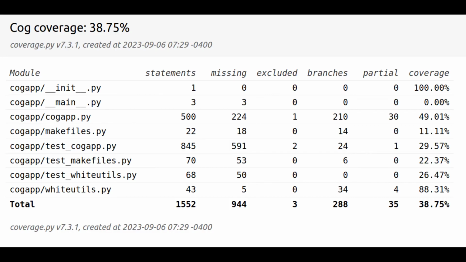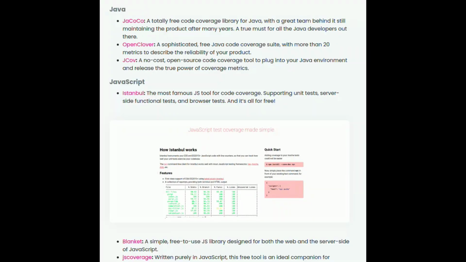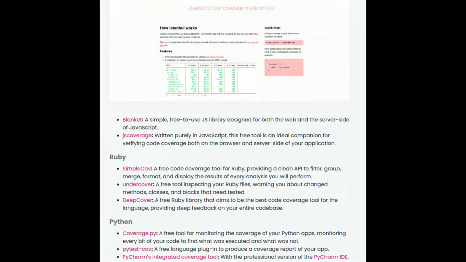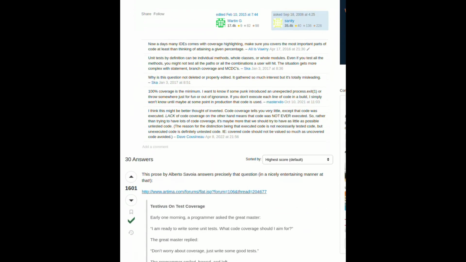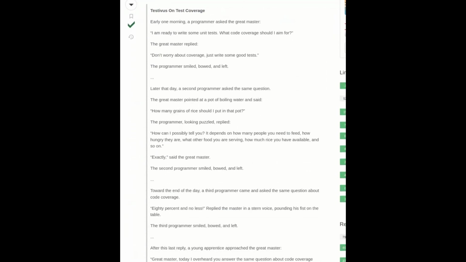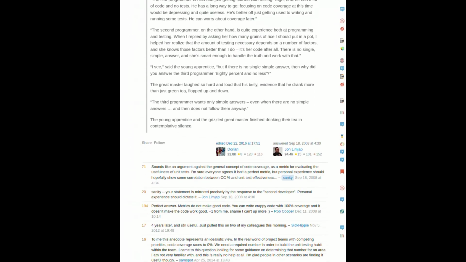A code coverage tool analyzes automated tests to determine how much code is actually exercised by the tests. They exist for most, if not all, programming languages and have varying feature sets. At the minimum, however, they will provide a number indicating what percentage of the code is being run by automated tests. The easiest way to use code coverage tools incorrectly is to place any sort of significance on the overall